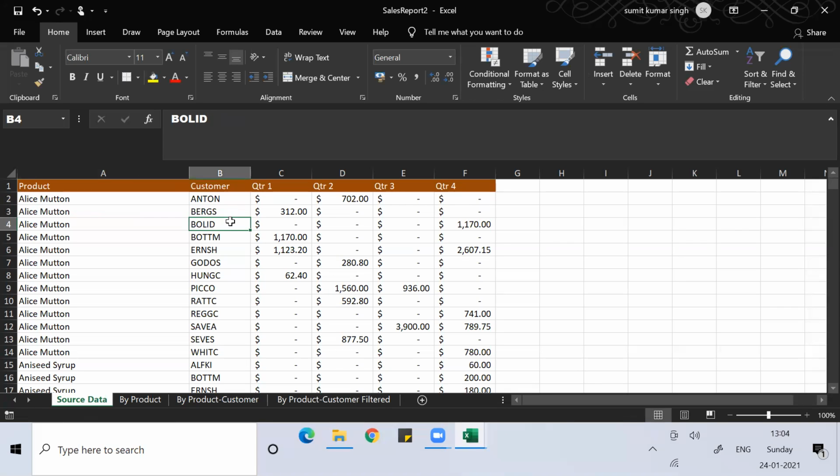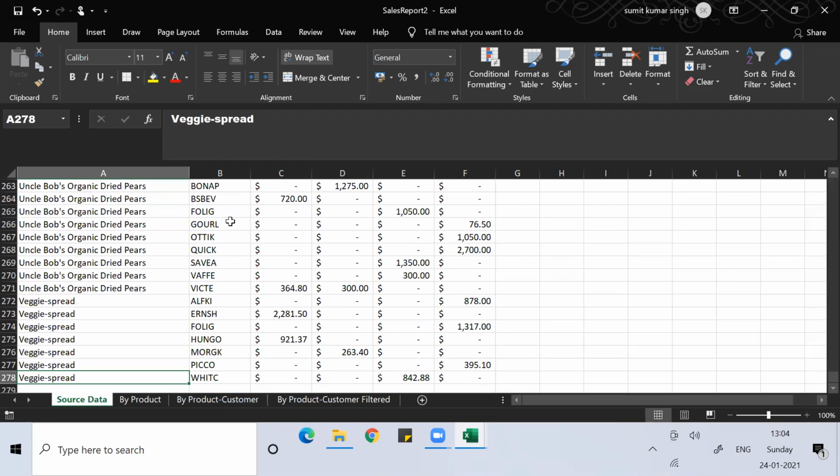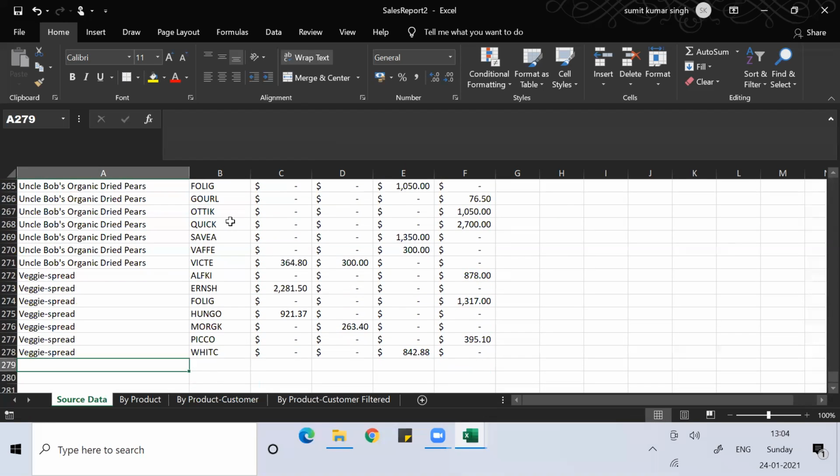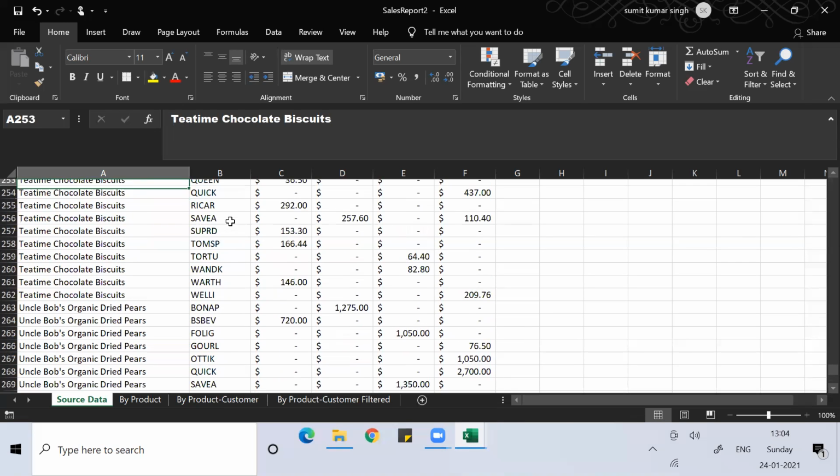So now, the purpose why I opened this sales report is that it's just a dummy set of data where I can find a lot of values all together. That's why I asked you to use this sales report. If you see the extent of this data, for that simply use control down arrow. If you use control down arrow, here you can see I reach the last content of the data. Data is there till 278 rows. You can see data is there.